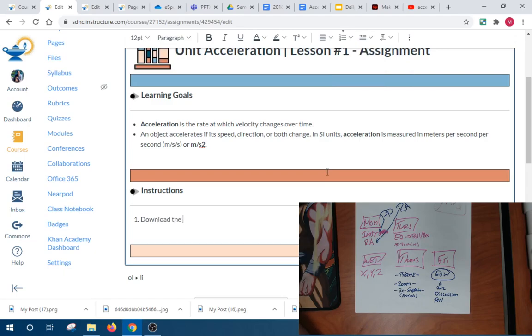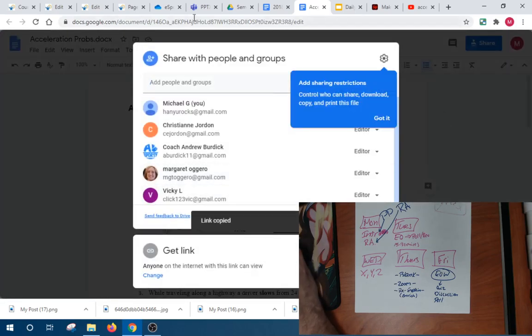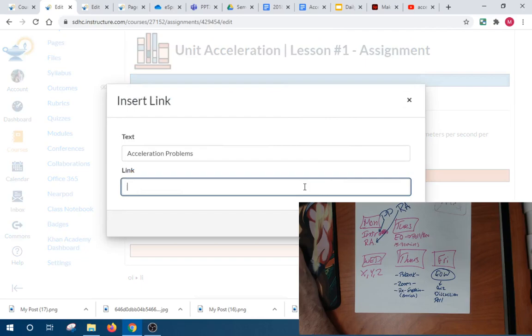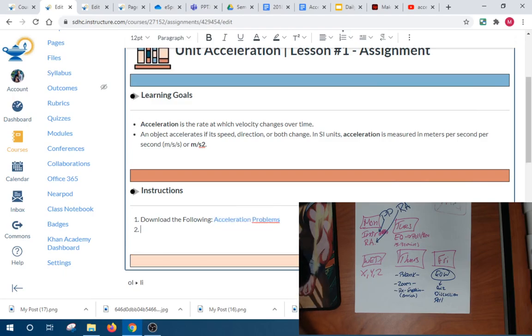Download the following: acceleration problems. Three dots. Click the link. Paste it. Remember, you can right-click, paste as well. I'm just doing Control-V for Control Paste. Download. Two, solve all the problems